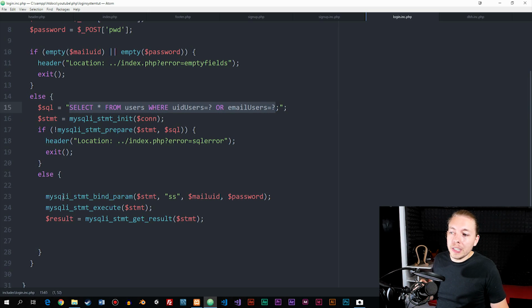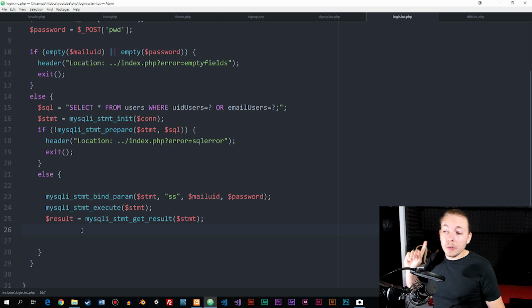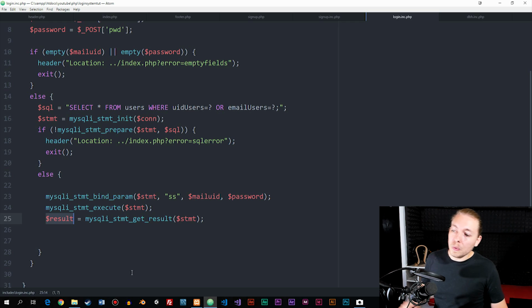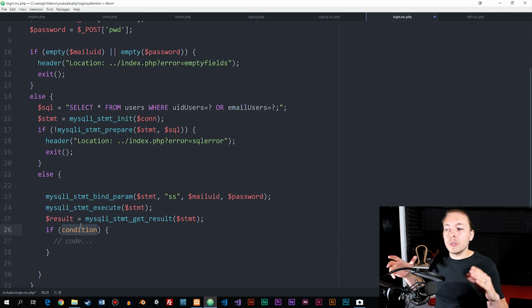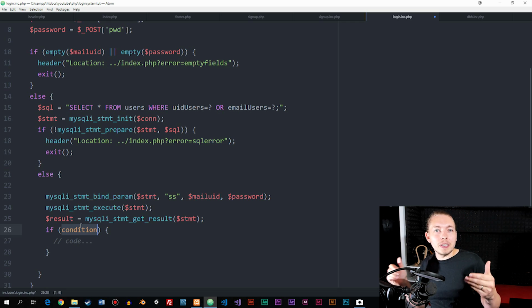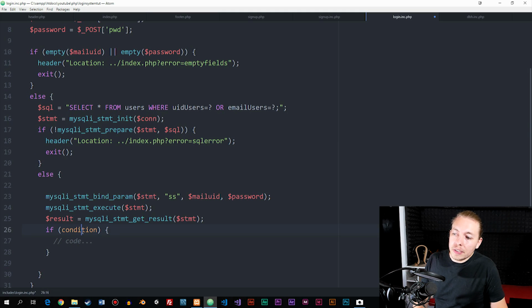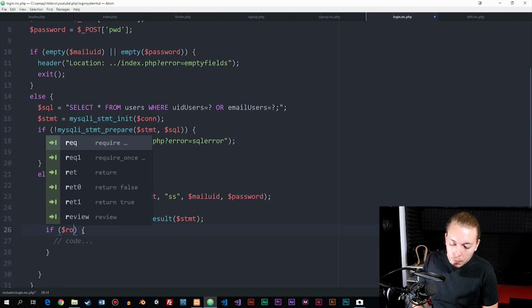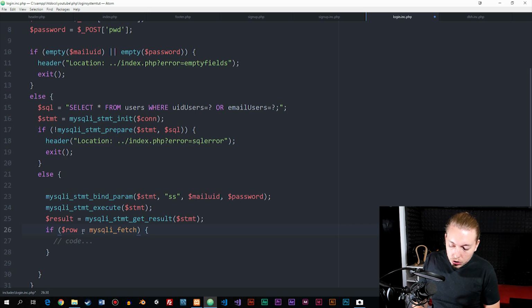So down here, where we did actually run the actual data from the user into the database, we need to run another if statement that checks if we did actually get a result from the database, meaning is $result empty, or is there actually something inside this variable here? So the way we're going to do that is by saying we have an if statement. And then in here, I want to check if we have any sort of results, and then I want to set it equal to a variable if we do actually have any results from the database. So we're doing 2 things at the same time, just like we did up here. So inside the condition here, I want to set a $row equal to a mysqli_fetch_assoc,